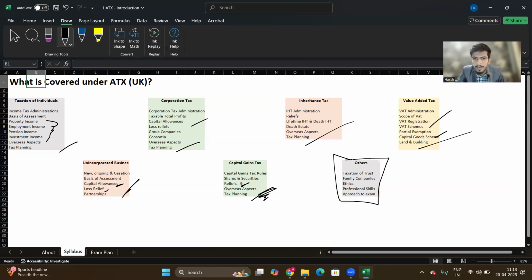एक और है जो छोटी छोटी चीजें हैं हम देखने वाले हैं, जो कि है टैक्सेशन ऑफ ट्रस्ट। ट्रस्ट का टैक्सेशन किस तरह से होता है, फैमिली कंपनीज, एथिक्स एंड प्रोफेशनल, जैसा कि मैंने बोला। और एग्जामिनेशन को अप्रोच किस तरह से करेंगे, जैसा कि मैंने बोला, एक दो मॉक हम खुद साथ में सॉल्व करेंगे और देखेंगे कि भाई आपको इस एग्जाम को अप्रोच कैसे करना है।